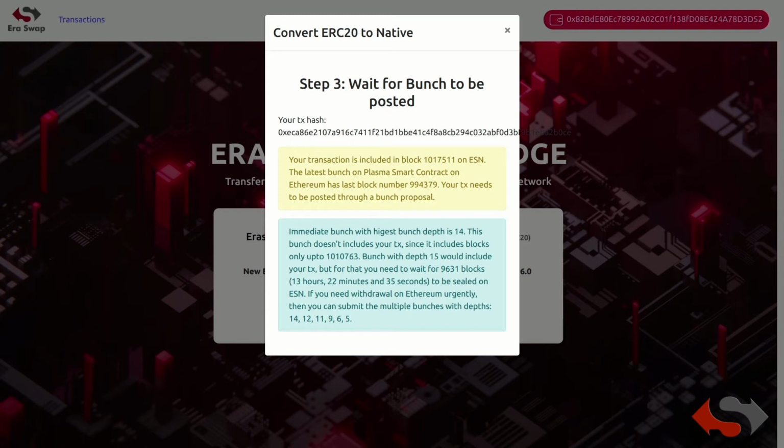Here we get some information about our transaction, in what block our transaction is included, and the latest bunch on Plasma smart contract on the Ethereum, which has block number of 9,94,379. So our transaction needs to be posted through a bunch proposal.